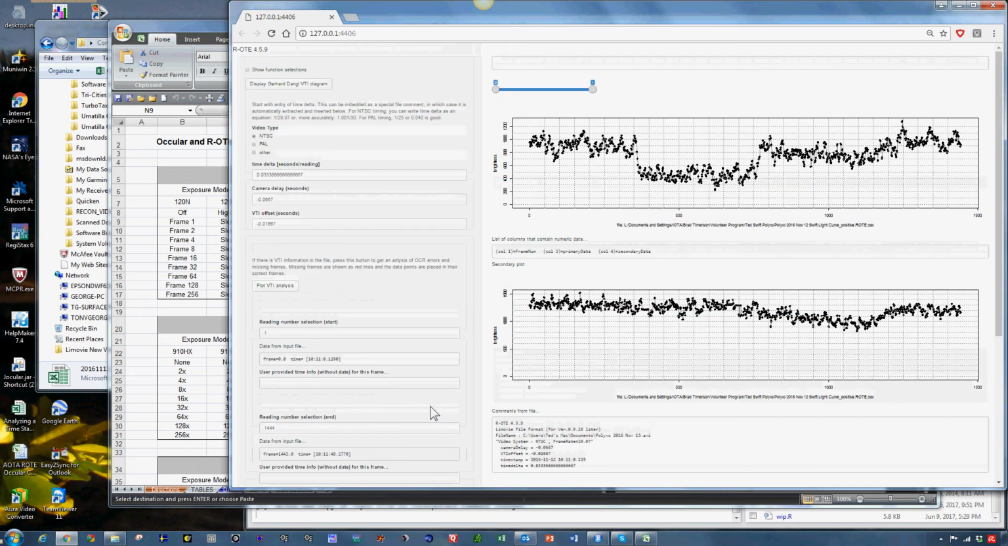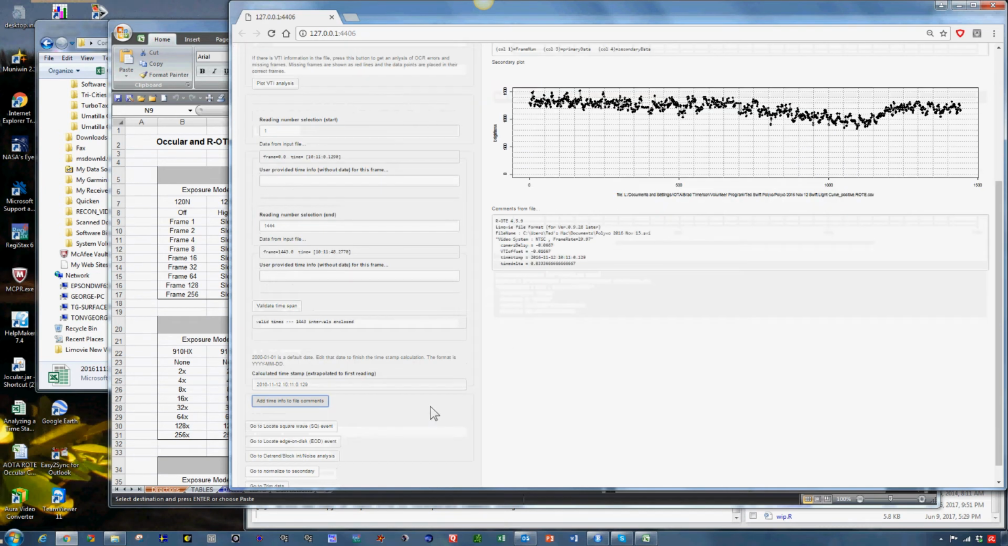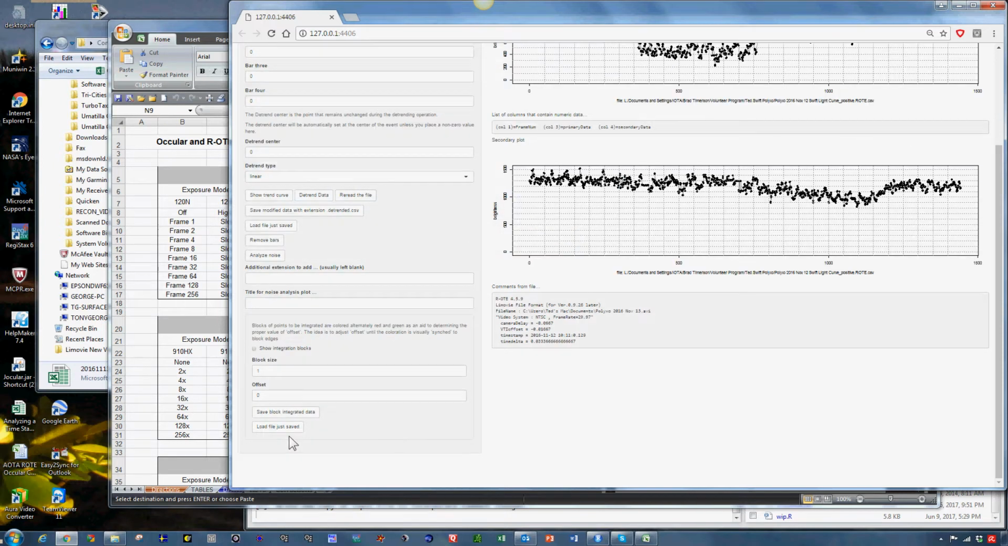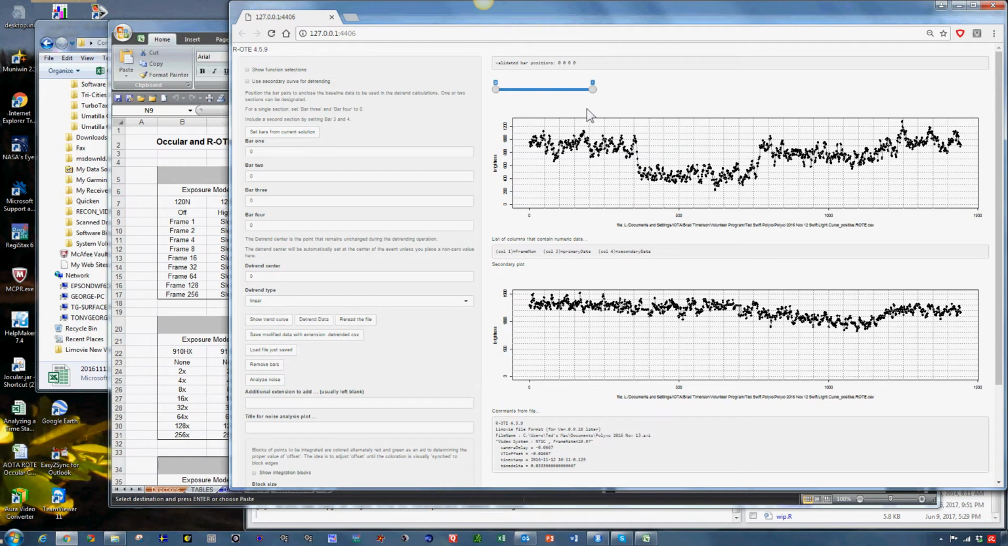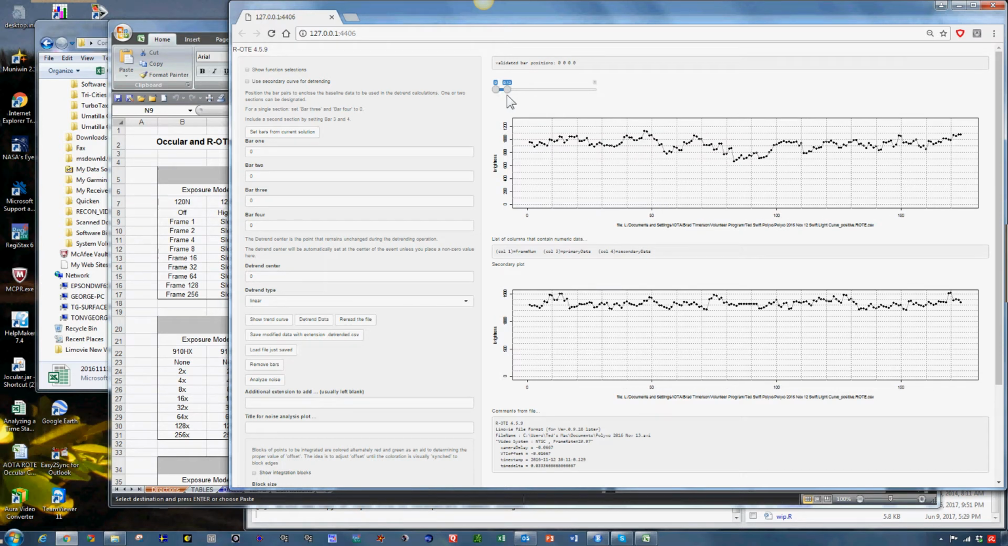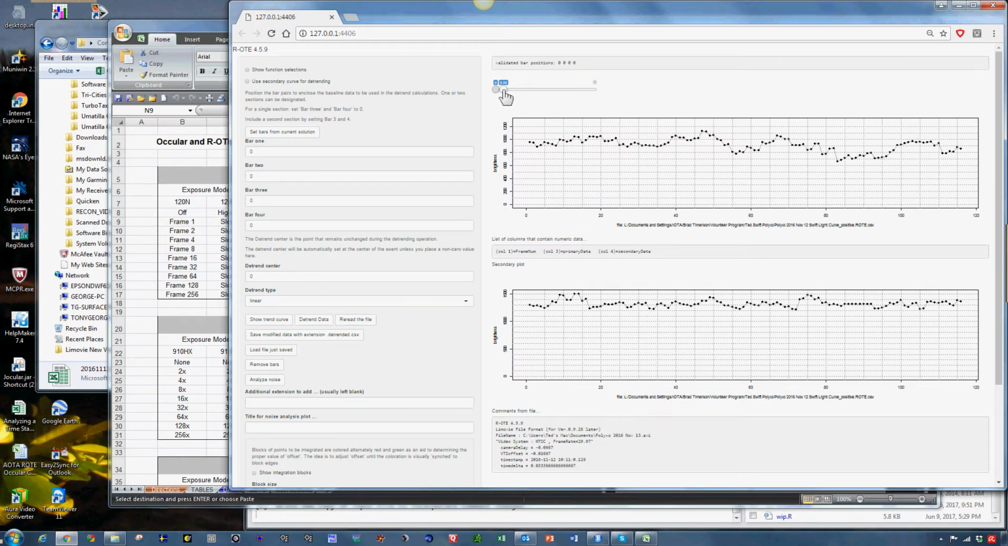So now we're ready to do an analysis, but we know that this file is integrated. So our first step would be to block integrate the frames into single points. And we can see that easier if we zoom down on the file. So we zoom in on the file, we can see that there are groups of 2 dots